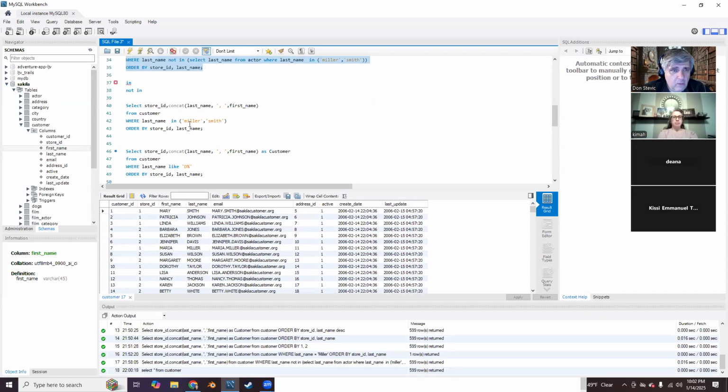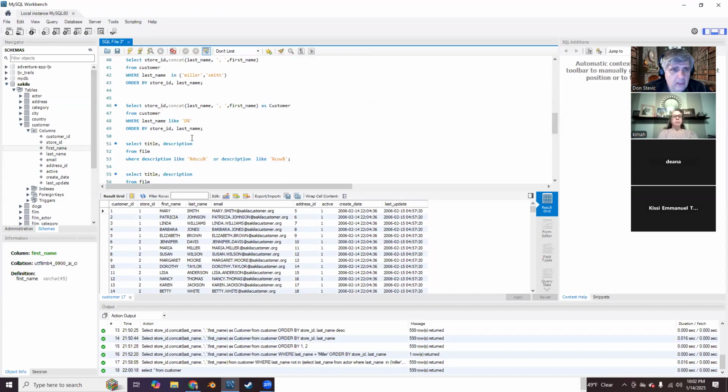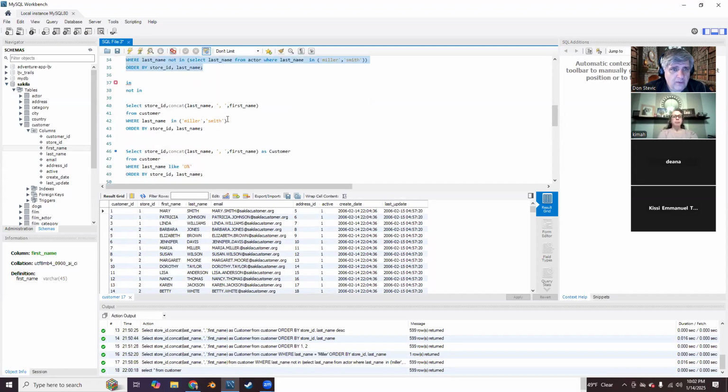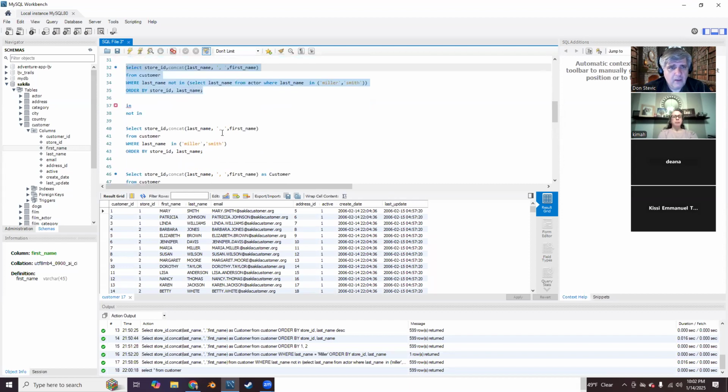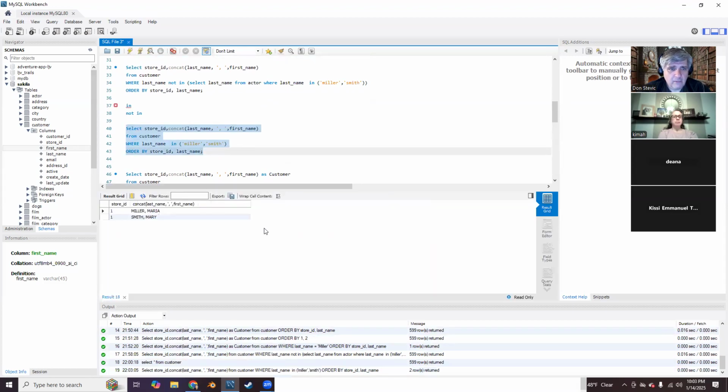Okay, so here we were. All right, so we got the IN and NOT IN. Here, this one does the same thing as this one does, except we don't have the big fancy query. So I have the same thing, but show me where the last name is in Miller and Smith, and I run that, and it shows me the ones there are. If I use NOT IN,